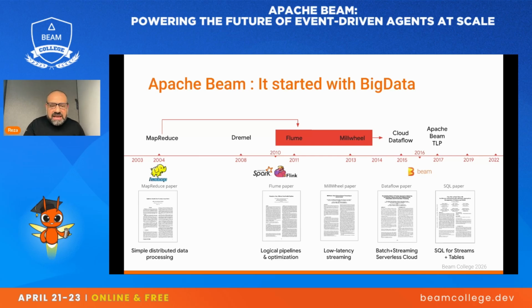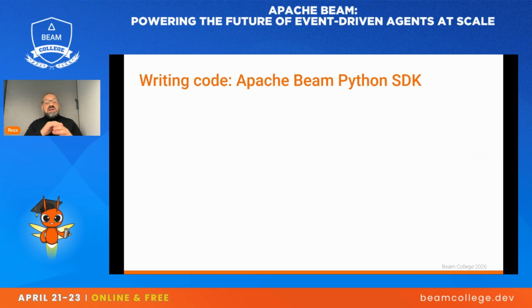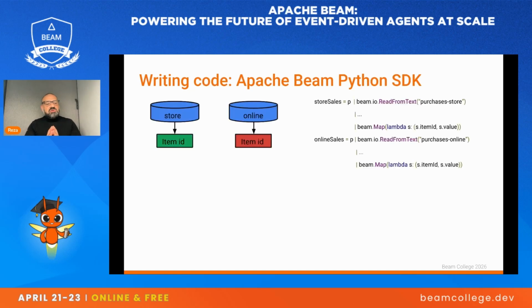And again, as we show a little bit of syntax in some of the later slides, I just wanted to run through a very high level of the Python SDK in this case, just so you get a feel for the shape of it. In this case, we're going to start with a batch pipeline. Imagine you have files that are being generated from an online system.